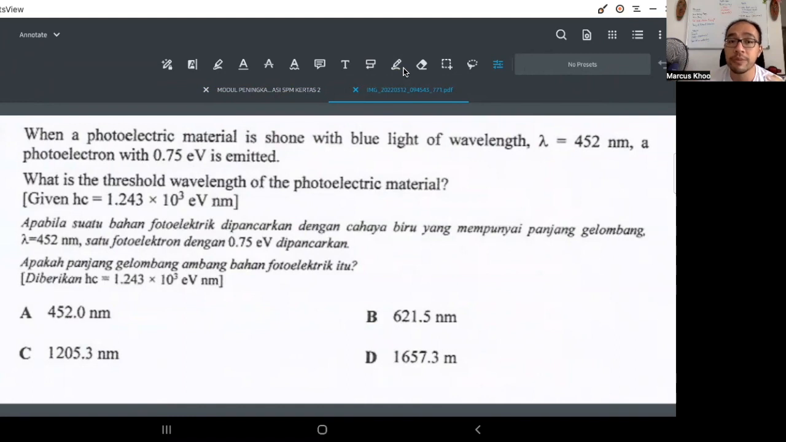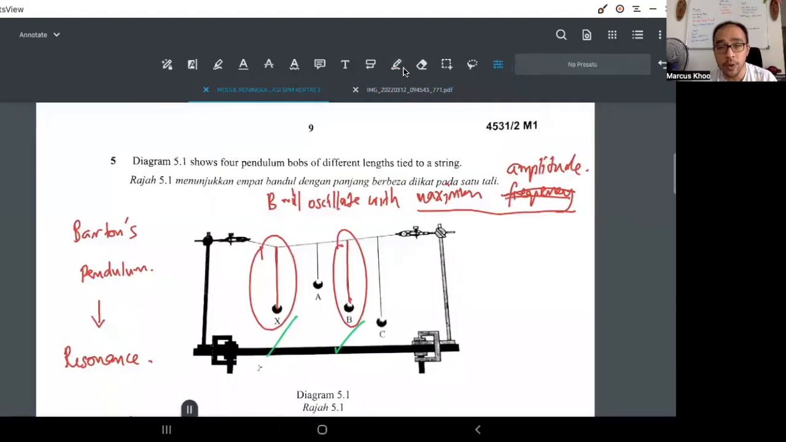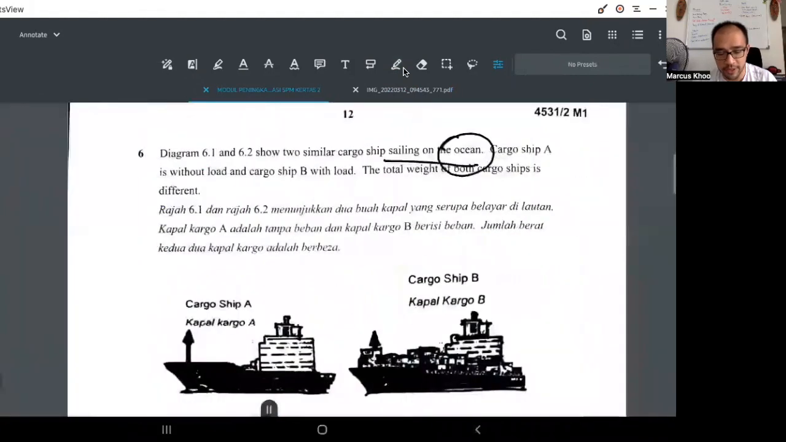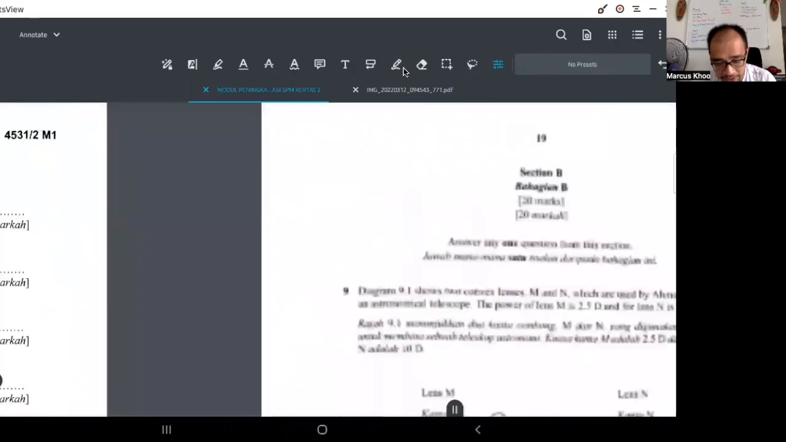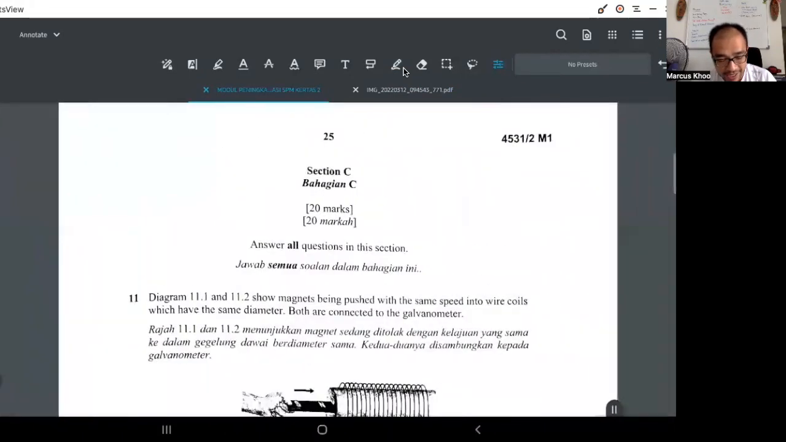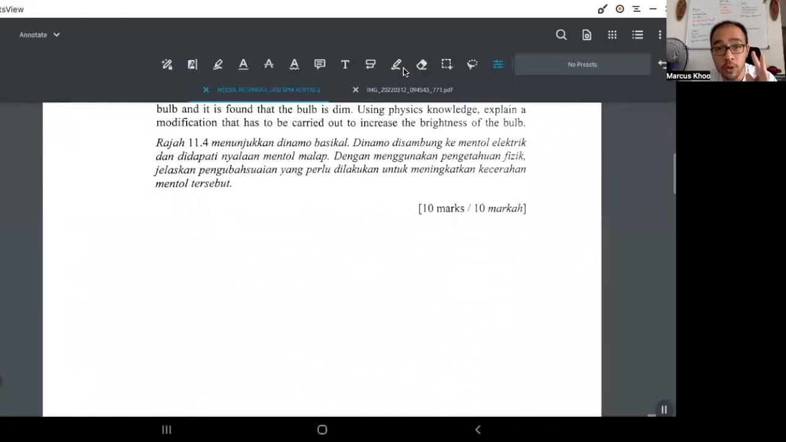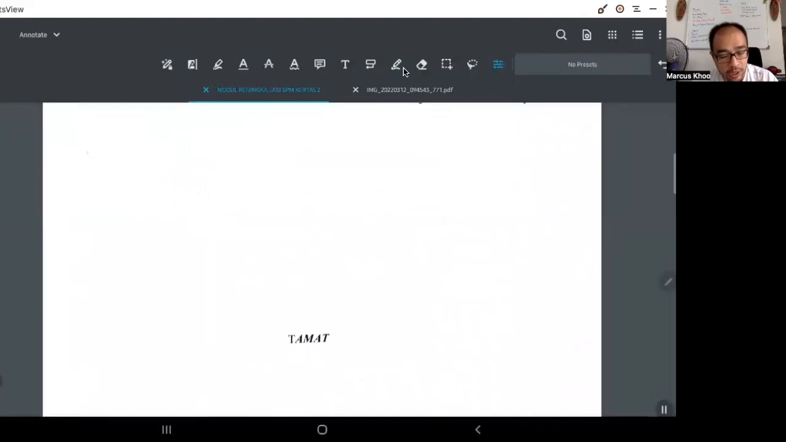Now, when a photoelectric material is shone with a blue light of wavelength lambda equals 452 nanometers, a photoelectron with 0.75 eV, eV, not joule, is emitted. So the question is, what is the threshold wavelength? So we backtrack a little bit. I need to find an empty page. Hold on, do I have an empty page? Okay. What we know from the photoelectric effect is the total energy,